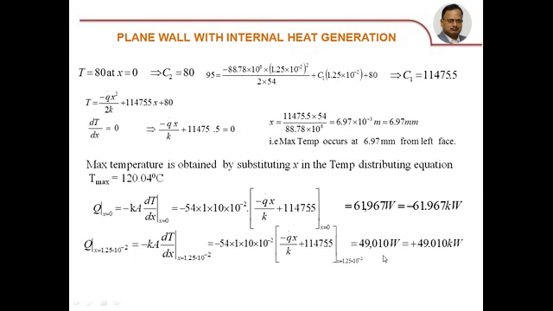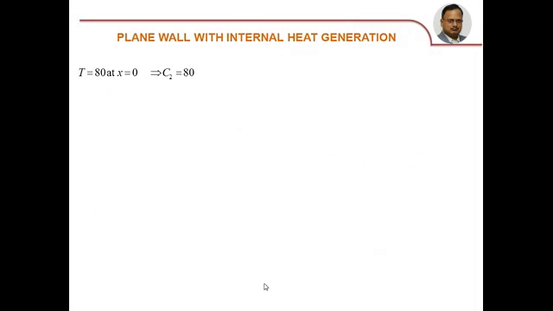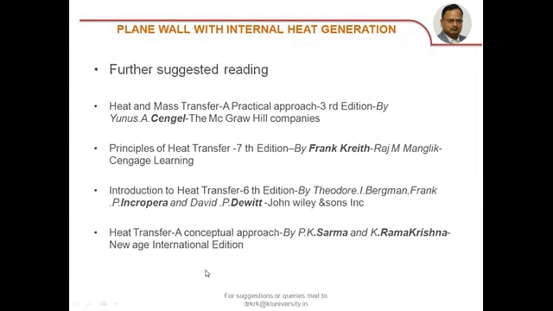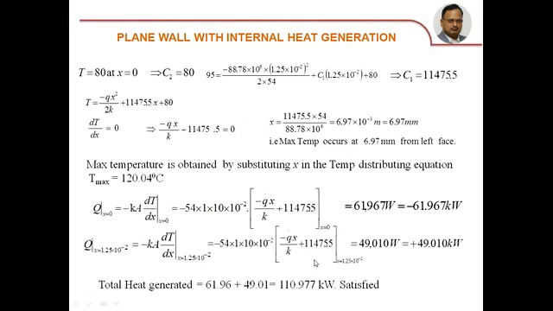So the total heat generated in the slab goes towards left side and also towards right side. The amount of heat going towards left side is 61.967 kilowatts, and that going towards right side is 49 kilowatts, and hence the total heat generated within the slab is the sum of these two, 110.977 kilowatts. That is what we have got in the beginning also, the capital Q 111 kilowatts. So that is what it says, it is satisfied. 110.977 is 111 kilowatts. So this is about conduction heat transfer in a plane wall or slab